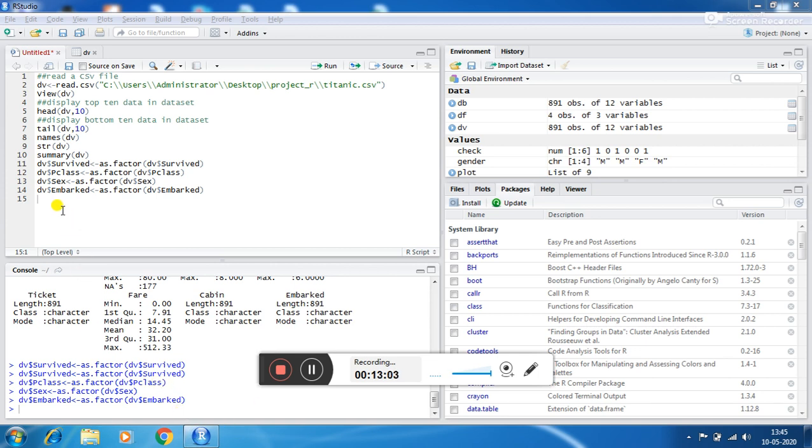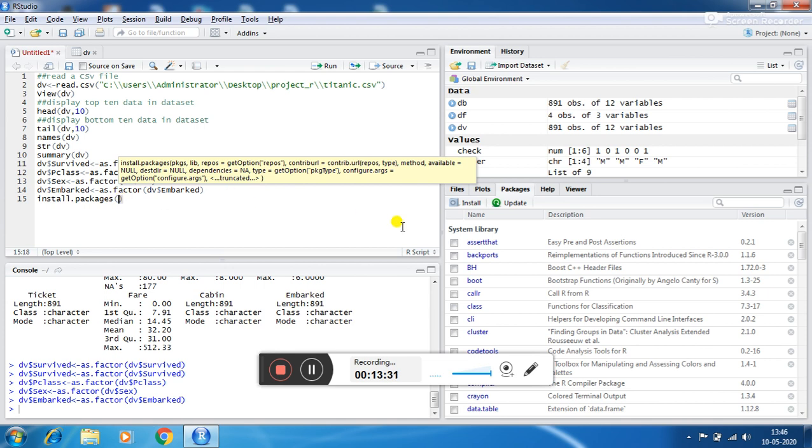We will analyze all this in this project. First of all, we have to install the required packages, using install.packages.